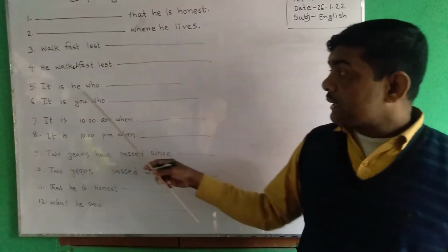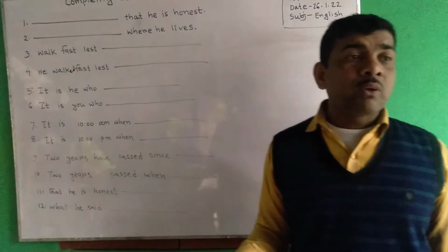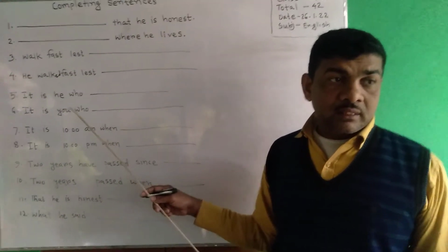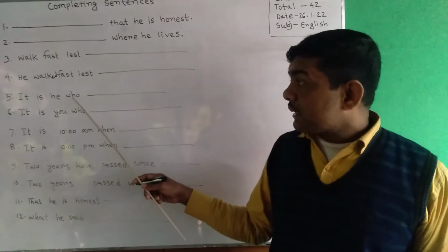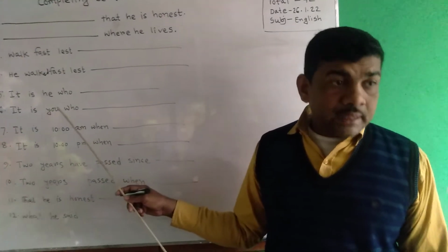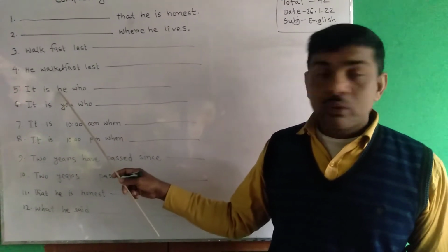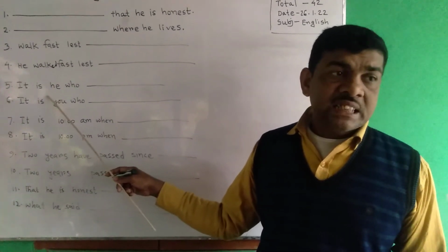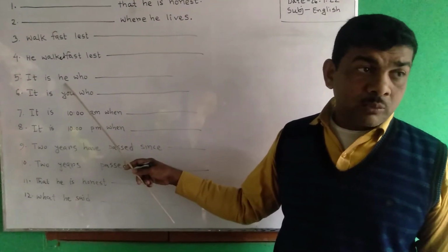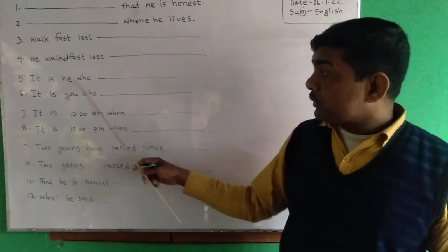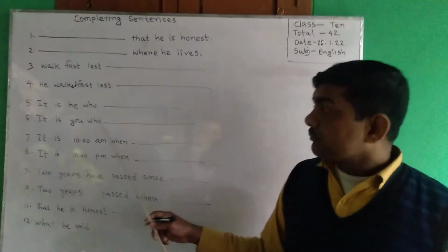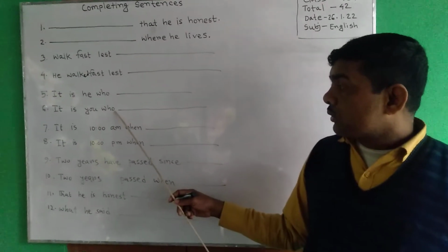Number 5, it is he who. There are many students who ask me always, sir, what shall we use after who? Is, am or are? The answer is that you have to remember before who there is he. Who is a relative pronoun, and before who there will be an antecedent. According to the antecedent, we have to use a verb. Here he is the antecedent, so you have to use a verb which follows he, third person. It is he who is my friend. Next sentence, it is you who